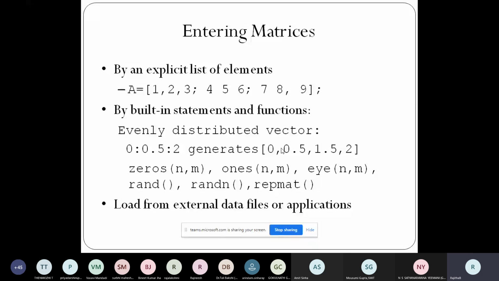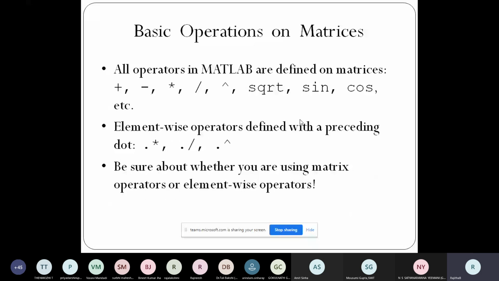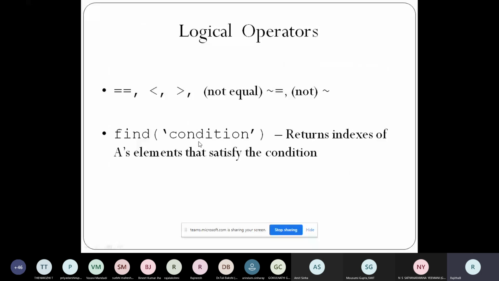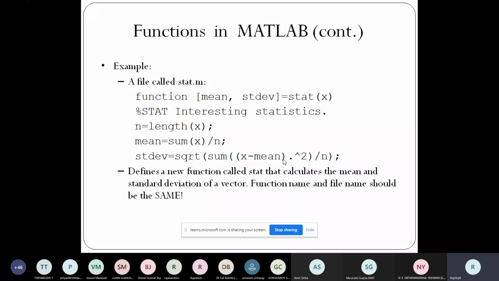These are the basic operators in MATLAB. I think all of you are teacher faculty, so I need not discuss much about these logical operators. I'll just go to MATLAB functions and if-else statements; you can go through all of these.